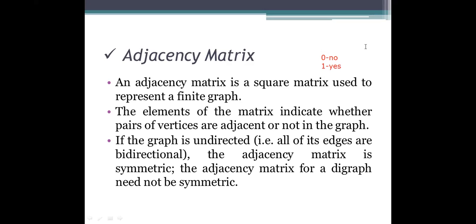Okay. So the graph notation will be, if it starts with 1, 2, 3 and then 4.